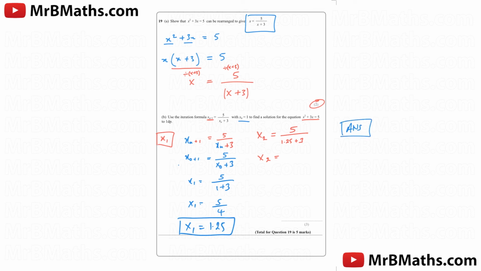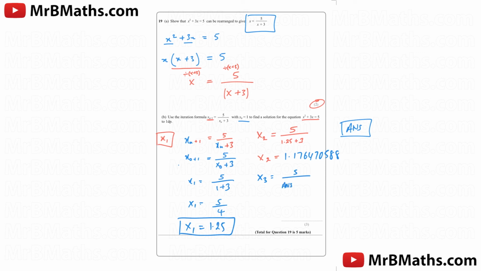in the calculator, I'll end up getting 5 over answer, I get 1.176470588 for x2. So now we're going to keep on doing this until we get a solution to 1 decimal place. So now for x3, if I write x3 here, we're going to have 5 over